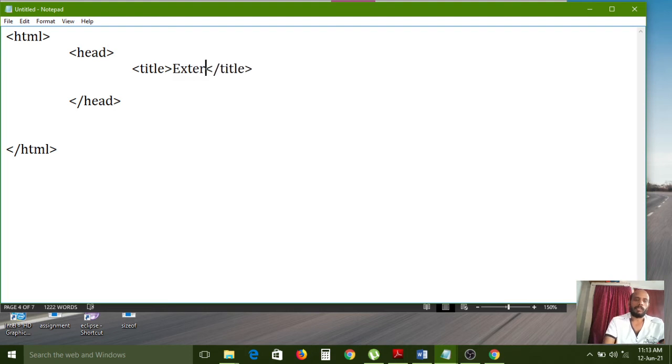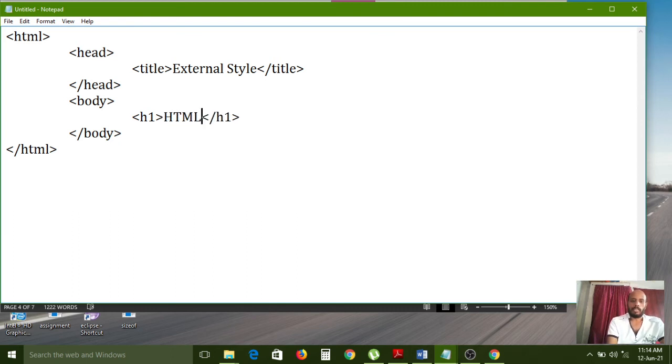External style sheets, because the concept going on now is external style sheets, so that's why I have given that title. Now I am defining the body tag here, closing the body tag, and here h1, closing also declared, and here HTML. This is the heading.